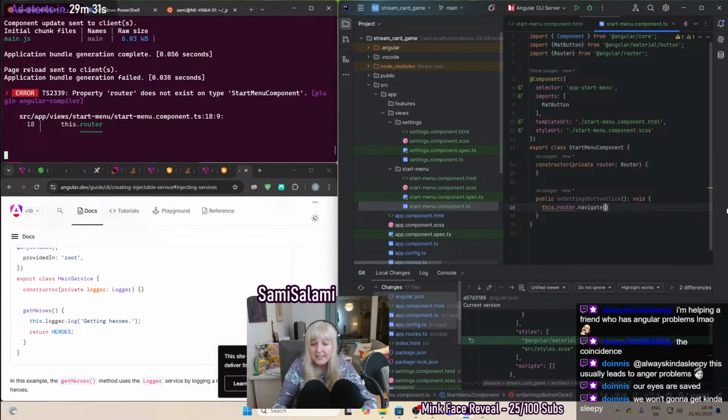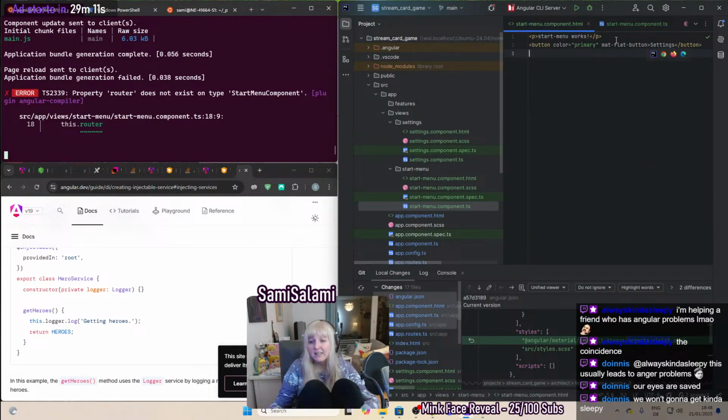All right, navigate. Private means this router is available here inside this component, but it's not available in the template, which you also do not want to have it available there. Public stuff is available, and we can already take our function here, go to the HTML, and we just do this, click, and that didn't exactly end up how I wanted it. All right, and now on click, this function will be called,